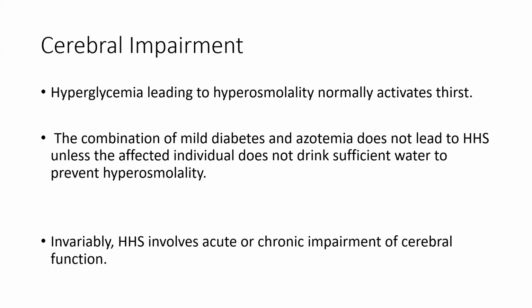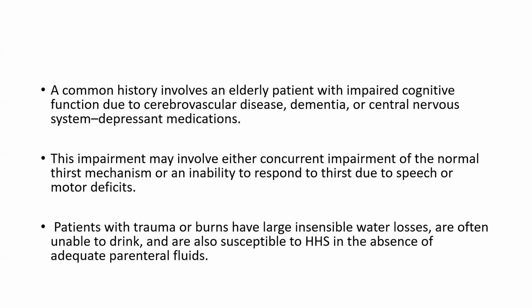The next component is the cerebral impairment. Hyperglycemia leading to hyperosmolarity normally activates thirst. The combination of mild diabetes and azotemia does not lead to HHS unless the affected individual does not drink sufficient water to prevent hyperosmolarity. Invariably, HHS involves acute or chronic impairment of cerebral function. Common history involves elderly patients with impaired cognitive function due to cerebrovascular disease, dementia, or central nervous system depressant medication. The impairment may involve either concurrent impairment of the normal thirst mechanism or inability to respond to thirst due to